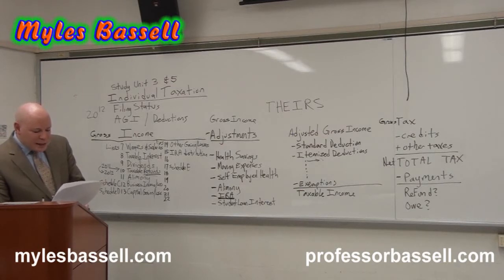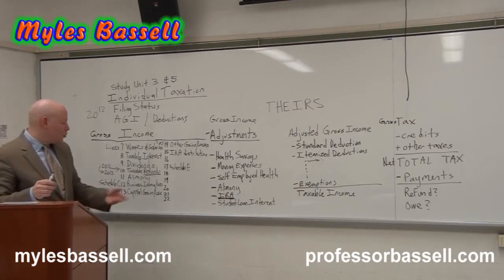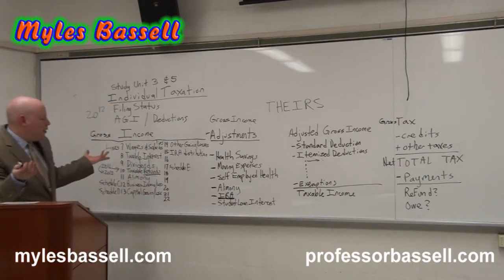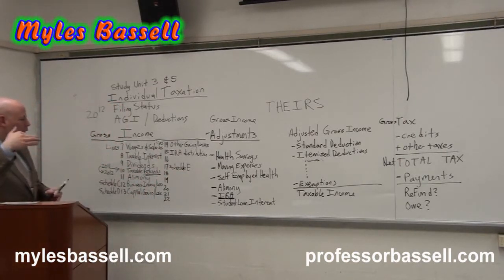I think that's the only one. For example, we have student loan interest, so that's an adjustment to gross income that's not going to be an issue at a later date. Or alimony, you paid it,